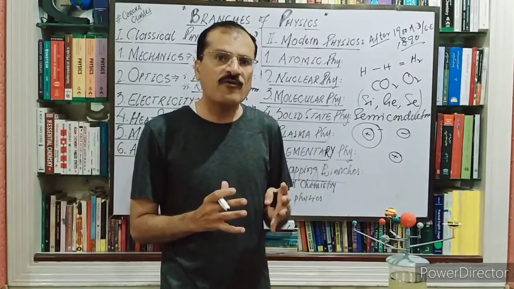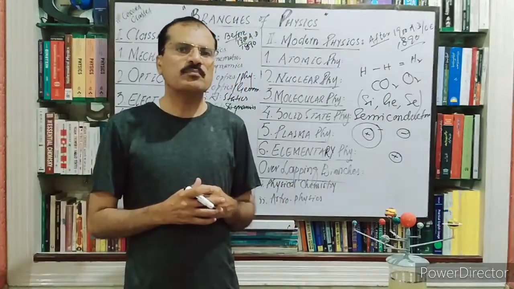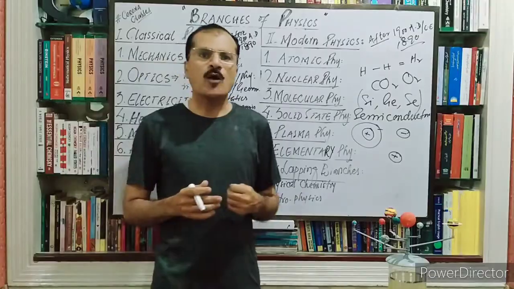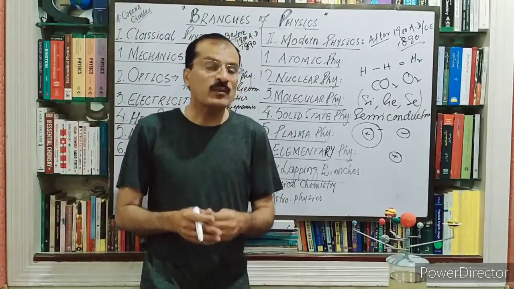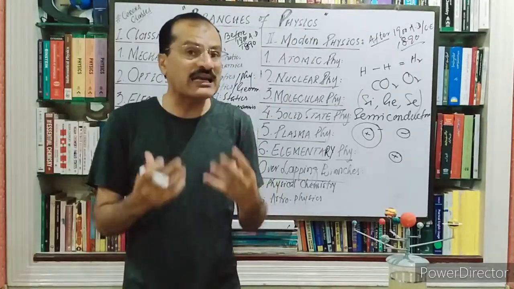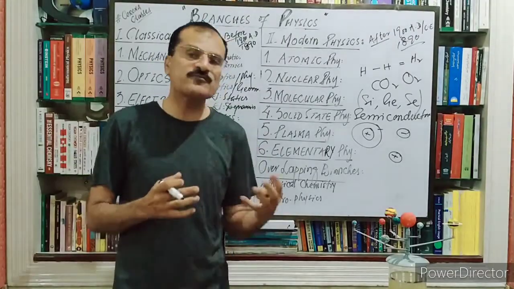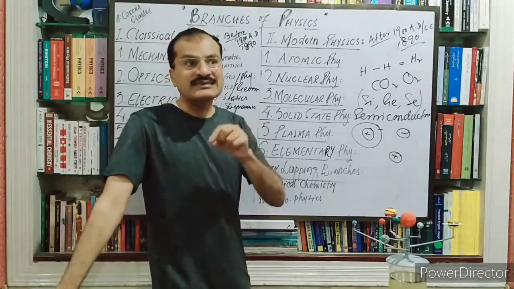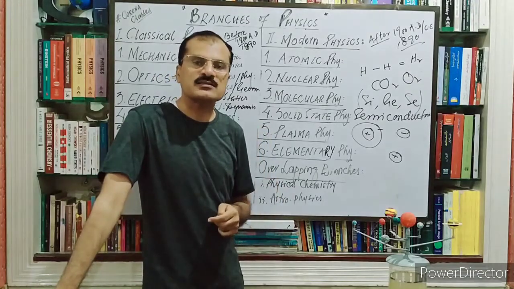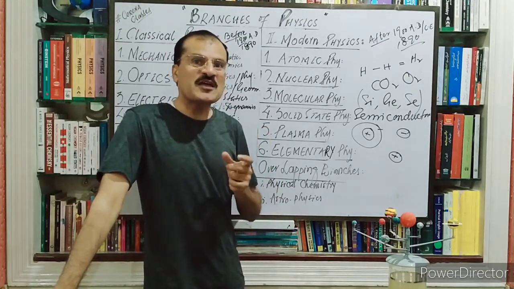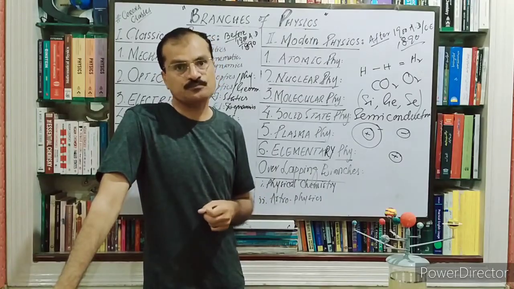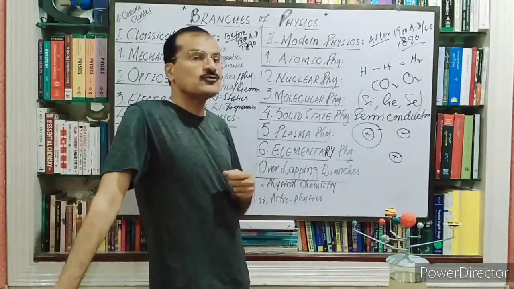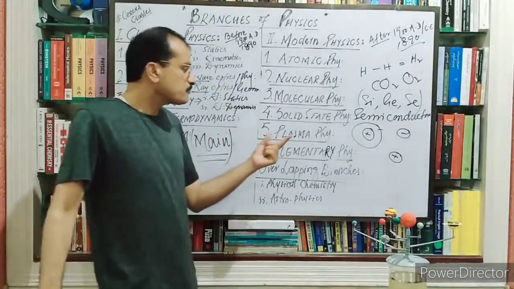So we can say plasma is a different kind of material. It's a form of gas, but not a gas as we observe here on the surface of Earth. That is actually molecular gas, but this one is very highly ionized gas. It has different properties from these usual gases. So this type of gas is known as the fourth state of matter. So I think it will be clear for you.